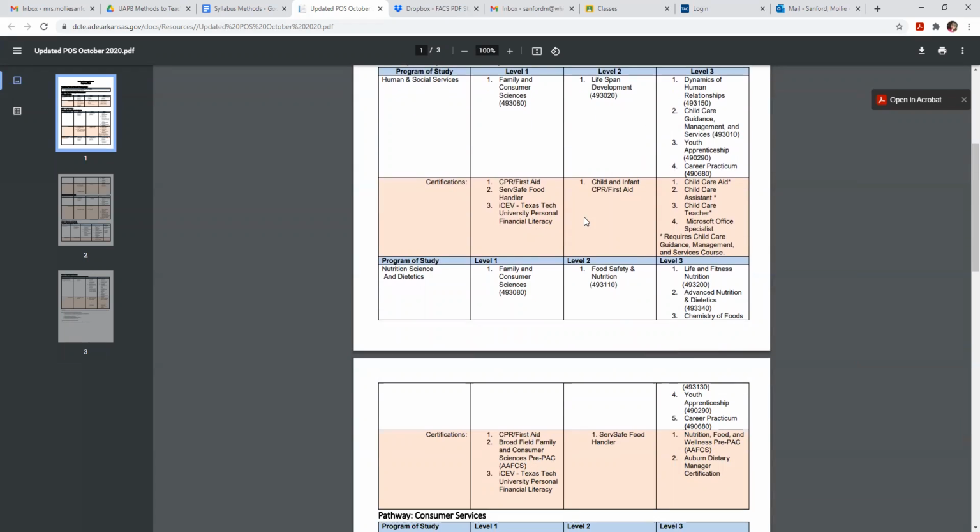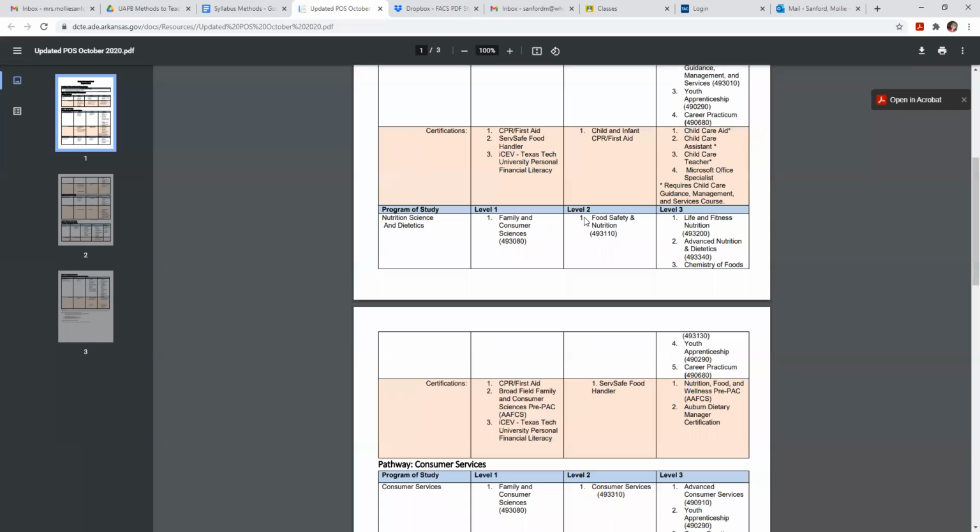Let me tell you about the one I'm teaching. I'm teaching Nutrition Science and Dietetics, and I teach Family Consumer Sciences. And then the other students after that, they can take Food Safety and Nutrition, and the certification I offer in my Food Safety and Nutrition class is ServSafe Food Handler, and I also give ServSafe Manager, which isn't on here, which is what managers have to have in order to become a manager at any kind of establishment that handles food. So grocery stores, restaurants, and concession stands, food trucks,